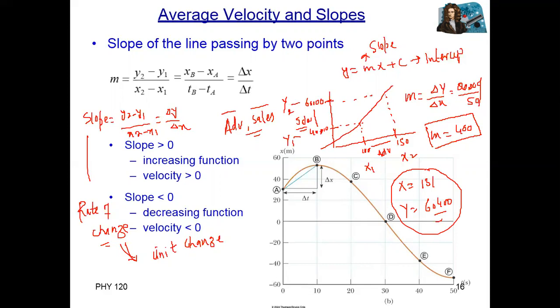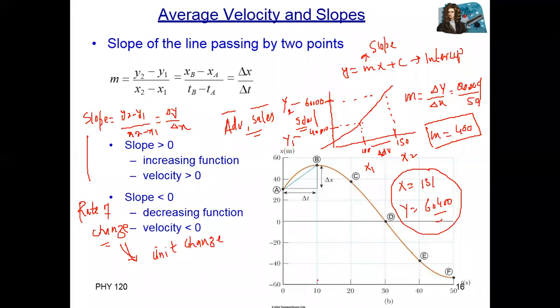Slope depends upon whether the function is increasing or decreasing. If the function is increasing, we say positive slope. If the function is decreasing, we say negative slope. Slope 0 is also possible, when there is no dependency between two variables. For example, your monthly fee and your income: there is no relationship, because whether you have income or not, you need to pay your monthly fee. In that case, slope is equal to 0.